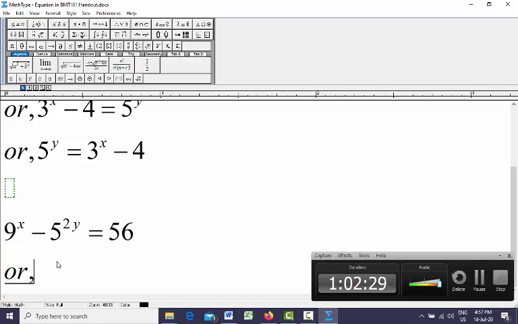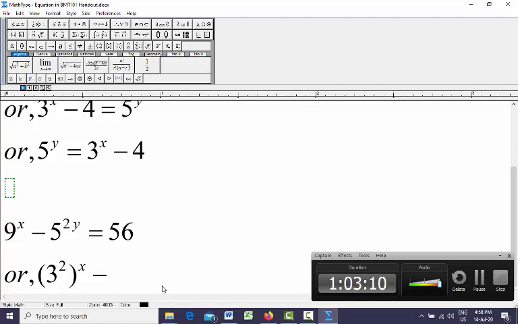Okay, so now we have 9 to the power x. We can write 9 to the power x like this: if you break down 9, we will have 3 squared, so 3 squared to the power x. This 9 can be replaced by 3 square, and we have also power x, minus